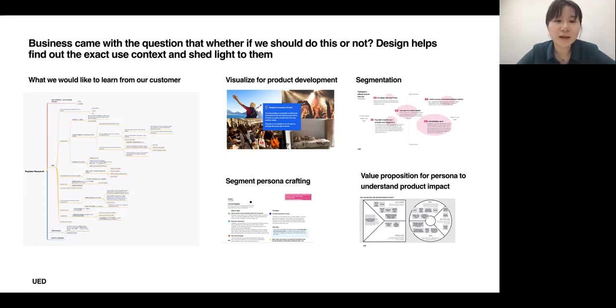So what we did is we mapped out all the things that we wanted to understand from the customer. We want to understand the basis of the country itself, right? So how they understand such financial products, and how they would act on hearing some of the products in the local market already, how they adapt to it, and whether they feel like refusing, or they feel like they can really benefit from it.